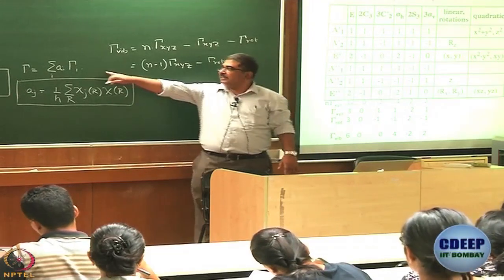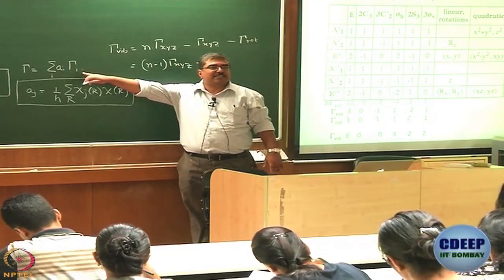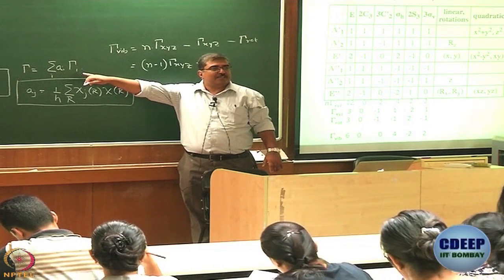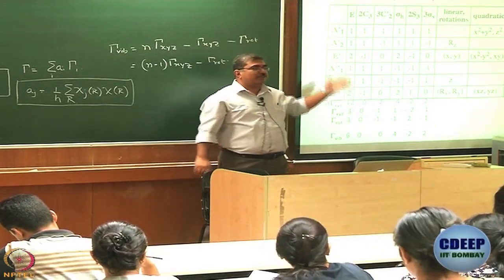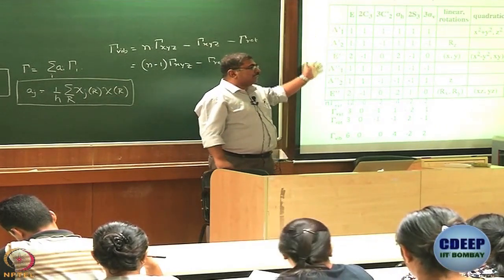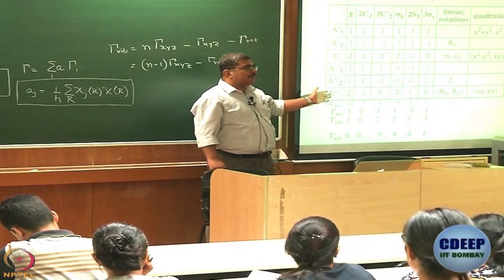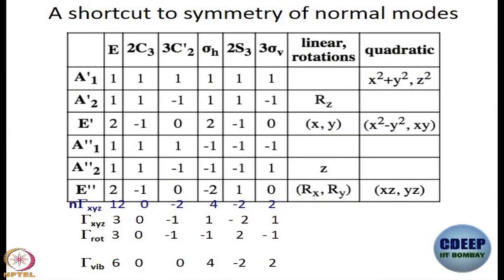So I should be able to write it as a sum of irreducible representations, right? So I want you to find out the coefficients of each of the irreducible representation that is there. Okay. So, your job is essentially to multiply 6 by 1 plus 0 by 1 plus 0 by 1, 0 multiplied by 1, 4 multiplied by 1, minus 2 multiplied by 1, plus 2 multiplied by 1, divide everything by 12. How much time does that take?